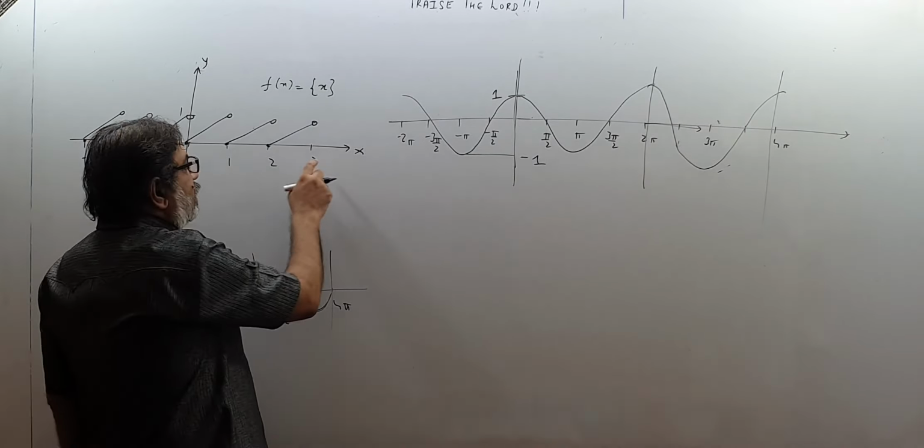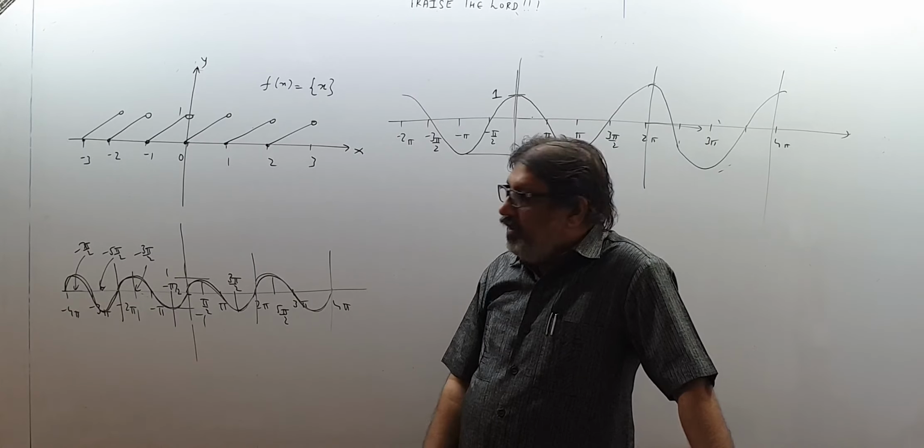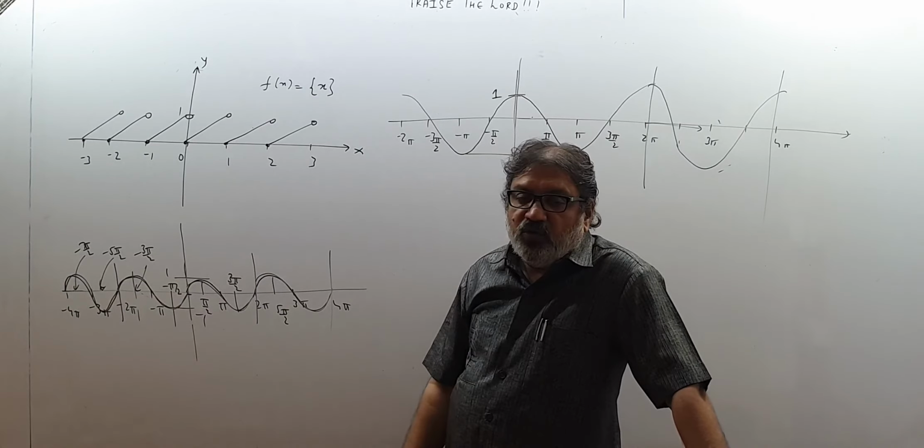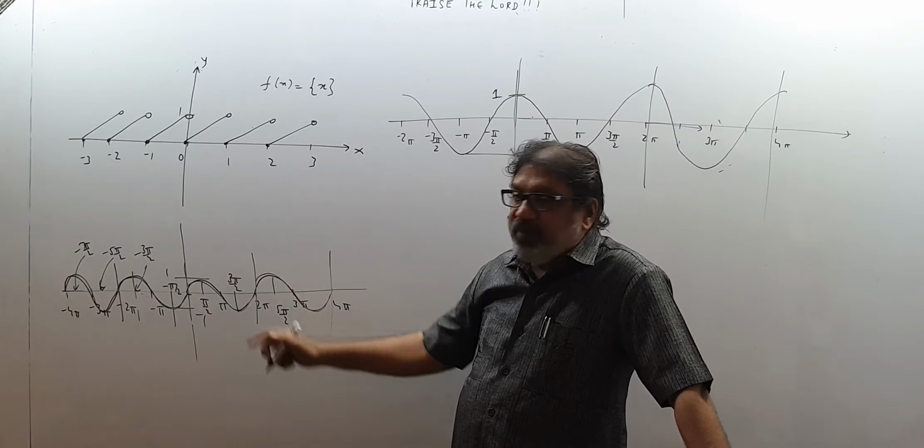So children, when I say that the shape is repeated after 1 unit distance, therefore I will say that the principal period of this function is 1, because the shape is repeating after 1 unit. Here the shape is repeating after 2 pi units, so the principal period will be 2 pi, and here also the principal period will be 2 pi. It means what? If this function has principal period 1, that means f(x) will be f(x plus 1). This is the meaning.